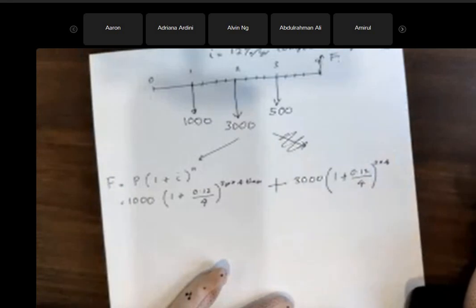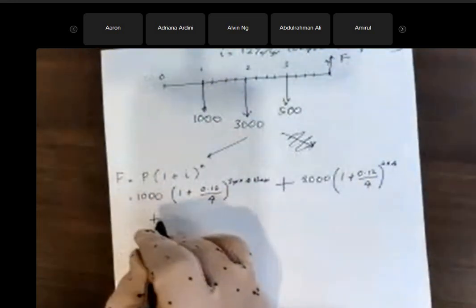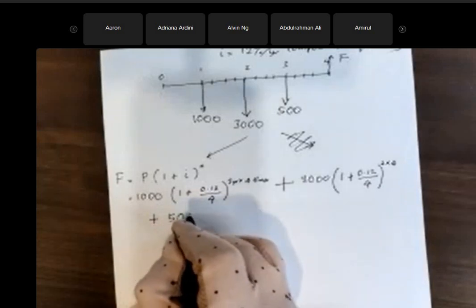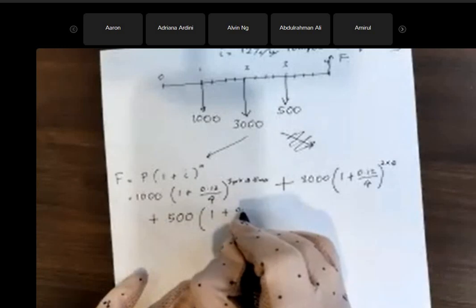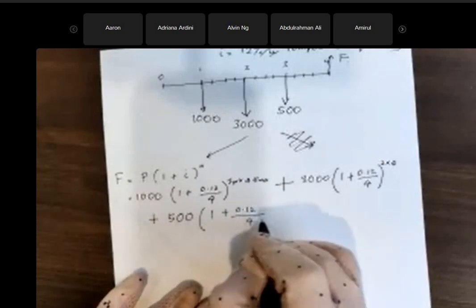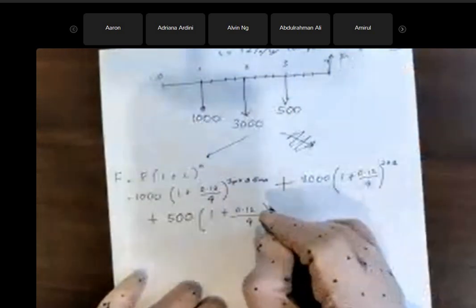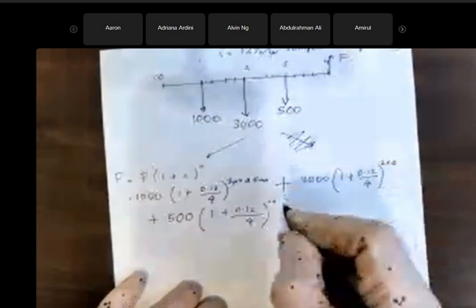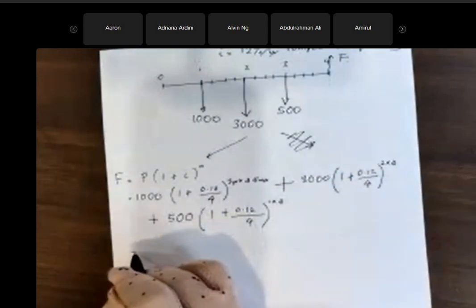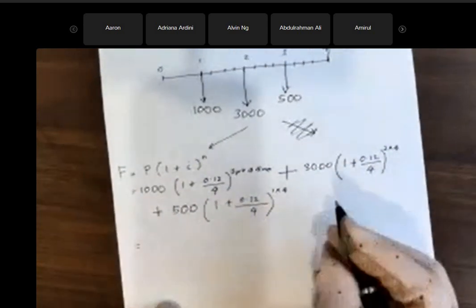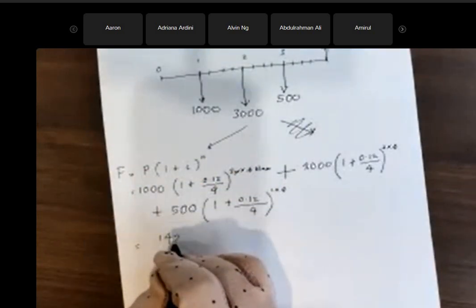And then for the 500, 1 plus 0.12 divided by 4. How many years from F to here? 1 year times how many compoundings? 4 times. So you can calculate. This one you will get 1425.7